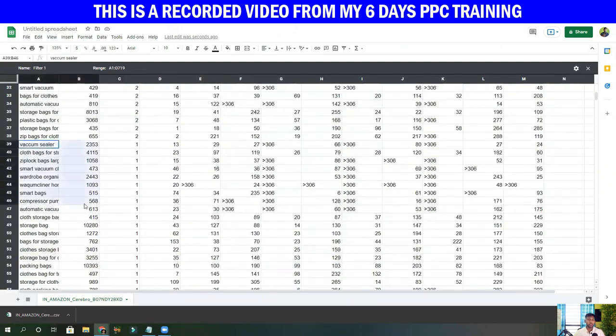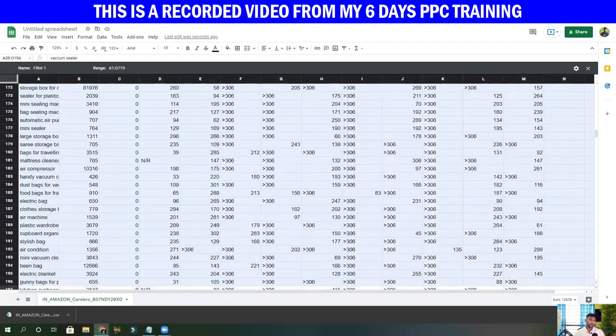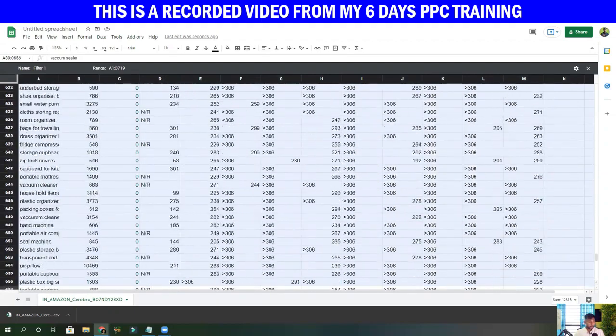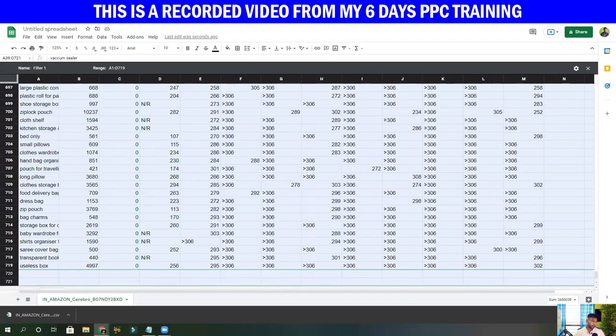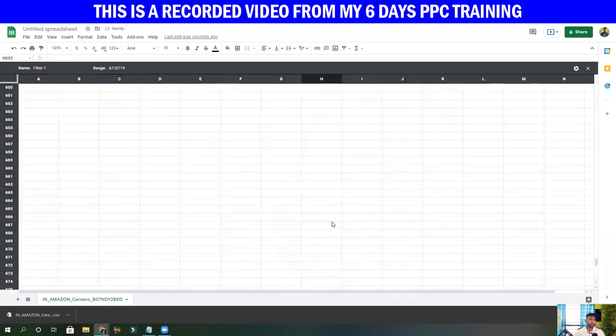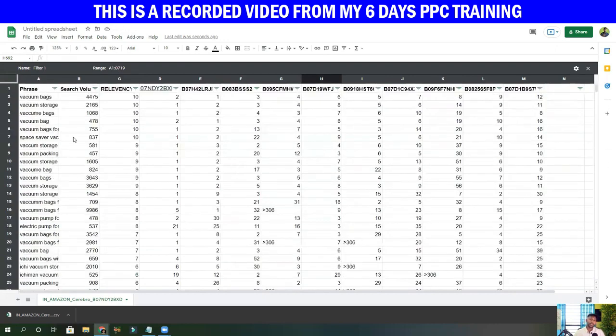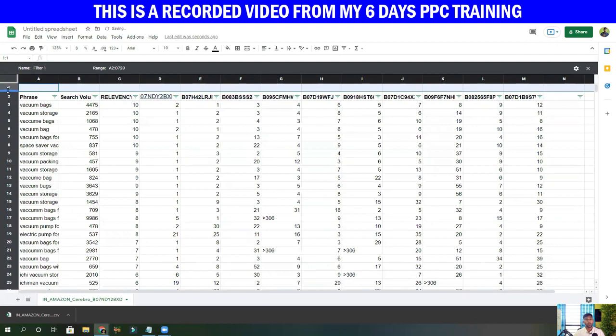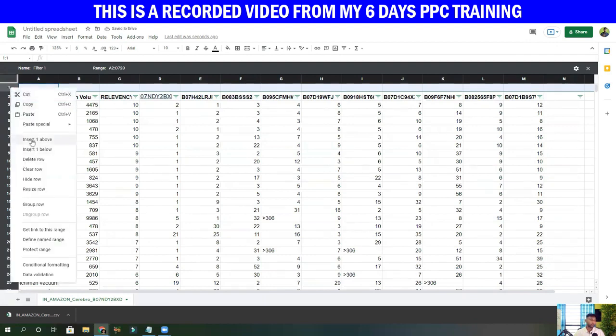So I'm going to delete all of these. Now I'm going to add a filter column at the top, because we need to use some formulas.